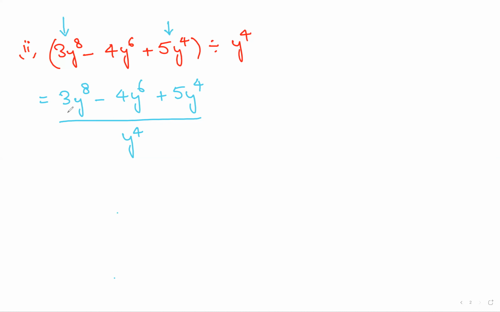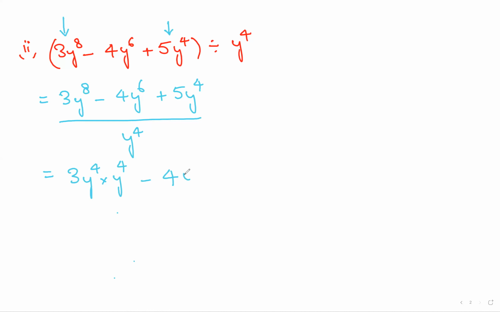So now let us see what is common here. In numbers, do you have any constant? 3, 4, 5. No common factor. But y to the power of 8, y to the power of 6, y to the power of 4. Can we write 3y to the power of 8 as y to the power of 4 into y to the power of 4? Yes. Because when bases are equal, add the powers. 4 plus 4 is 8. In the same way,